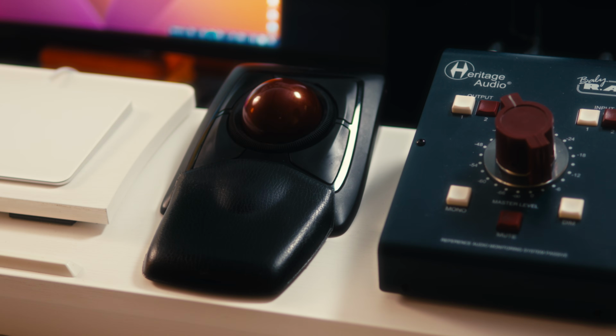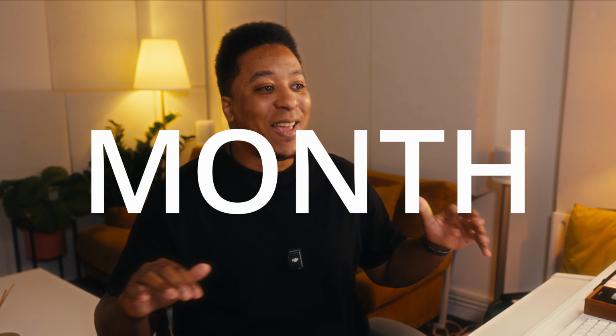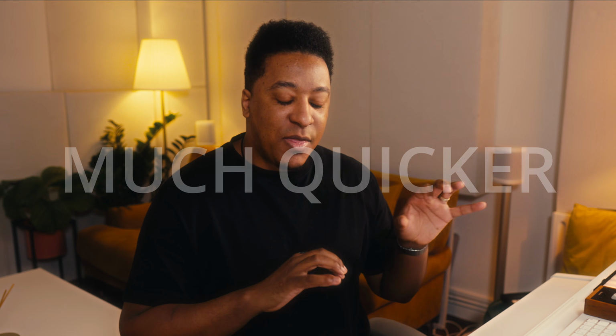Like, if you're used to using a normal mouse, when you transition to something like this, the learning curve is intense. And for about a solid month, I was so slow at everything I was doing. And all of my clients, you could see they were getting a little bit frustrated, like, Alex, you're not as quick as you were. However, in that second month, oh my gosh, I was so much quicker on this mouse than I was on the normal mouse. And it was so worth the trade-off, and it was so worth the investment of the time